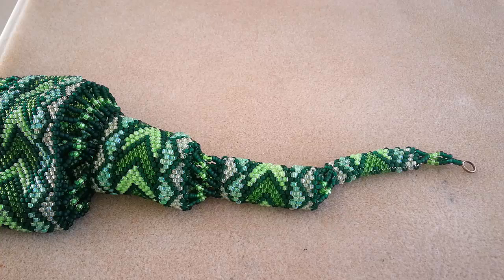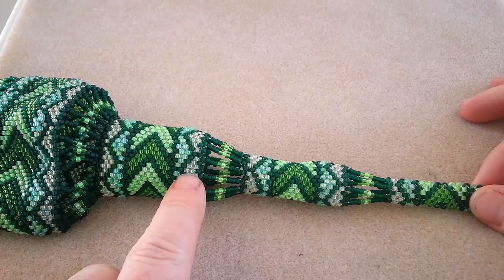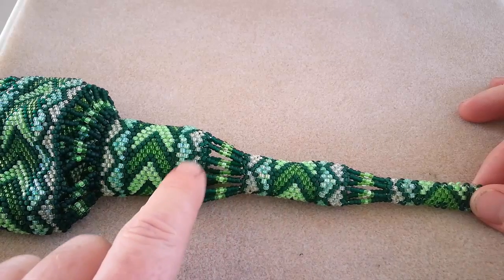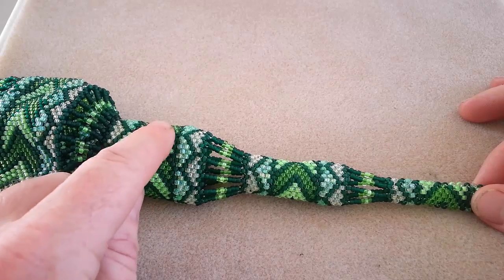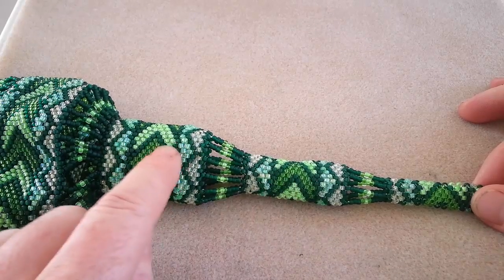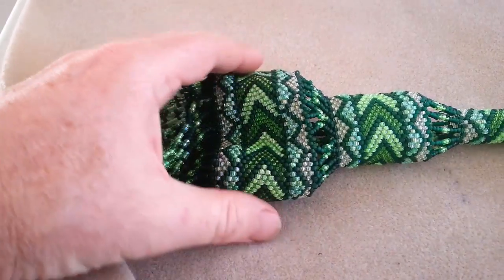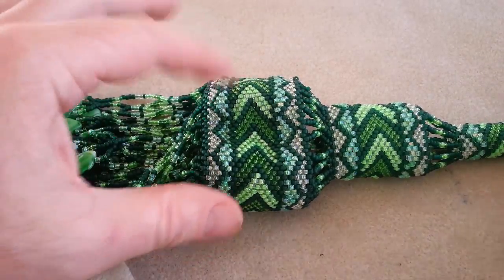Once I got that done and settled on it, I was like, okay, that's a start. How am I going to keep this similar pattern across the entire piece? Well, the next thing I did was I doubled the number of beads. So this is 24. I jumped up to 48 here and did the same thing with the repeating pattern. So there's twice as many of these little guys as there are in this piece, right? Because it's double the circumference. And then the bottom one, it's double that. But it's the same thing over and over. Real simple, but when you start to expand it,